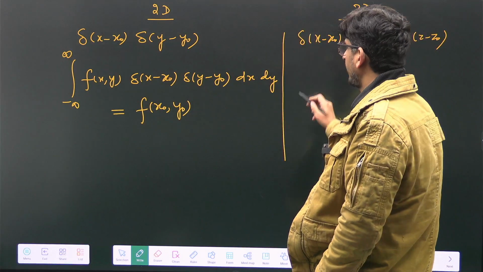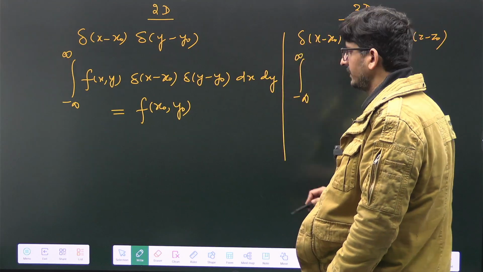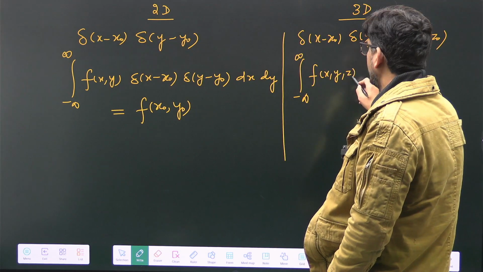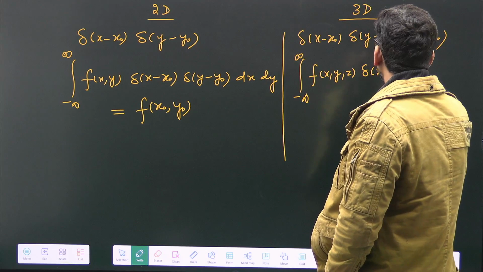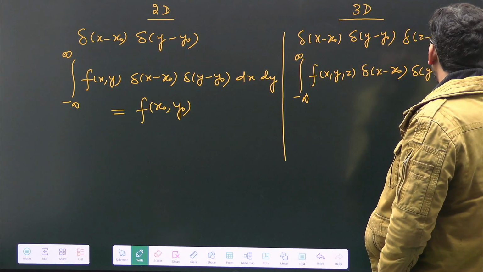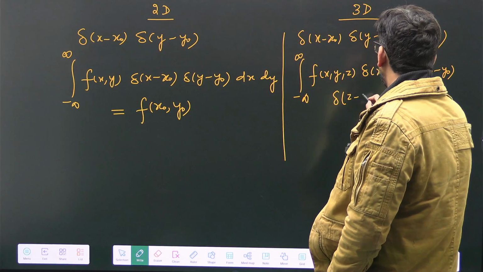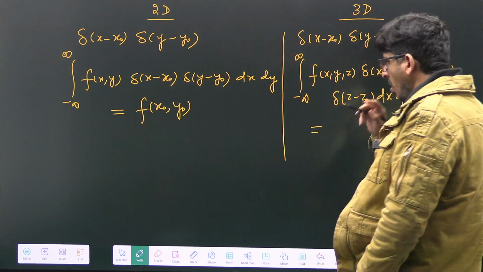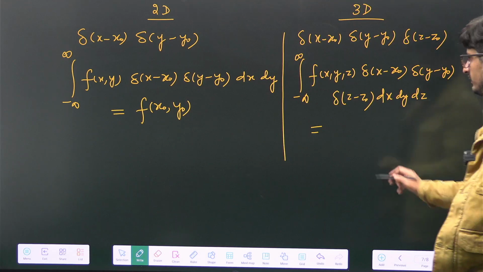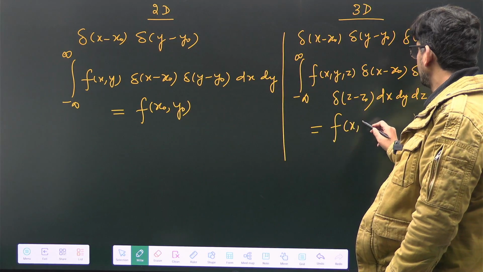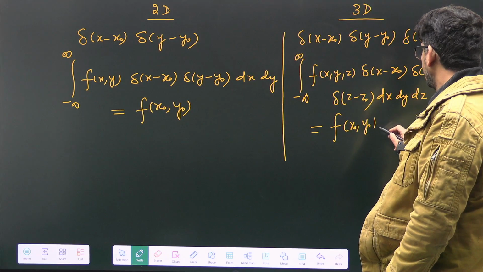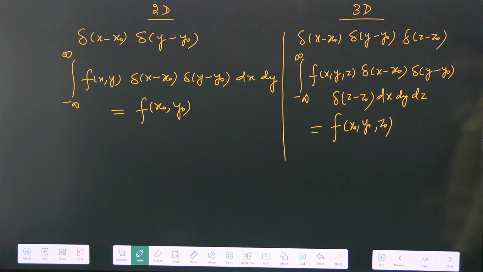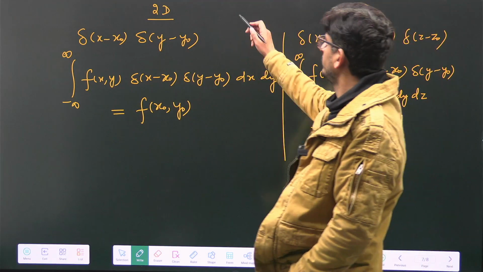And when I write integral minus infinity to plus infinity, क्या बन जाएगा? f(x,y,z) delta(x minus x naught) delta(y minus y naught) delta(z minus z naught) dx dy dz. क्या बन जाएगा? f of (x naught, y naught and z naught). ये कार्टेशियन का 1D 2D 3D हो गया।